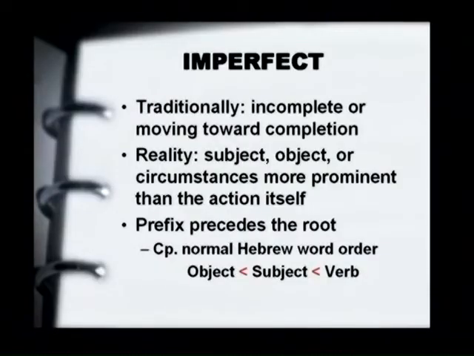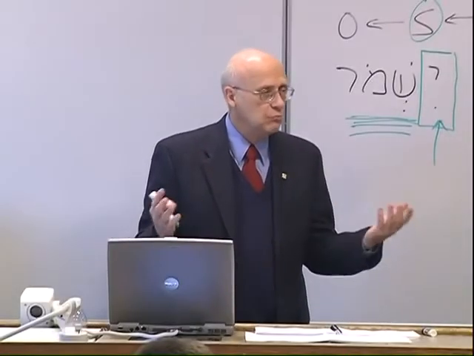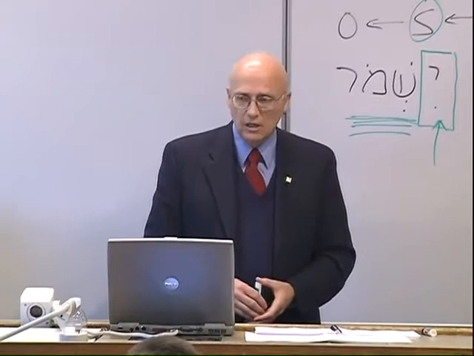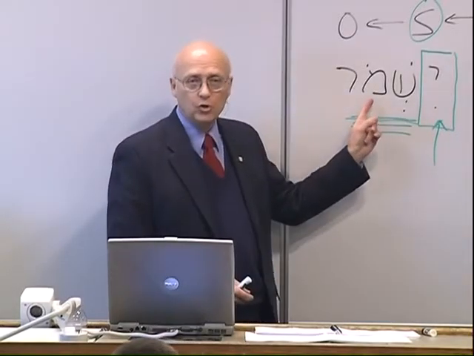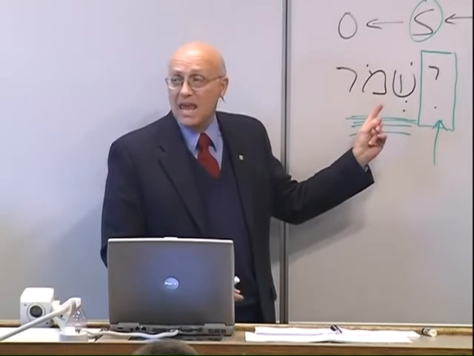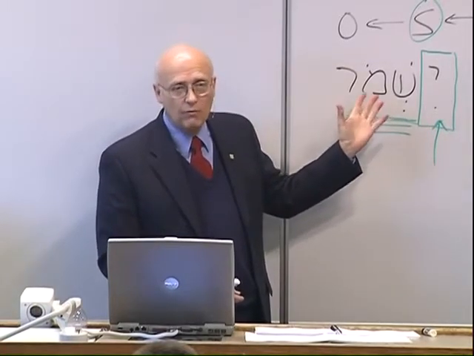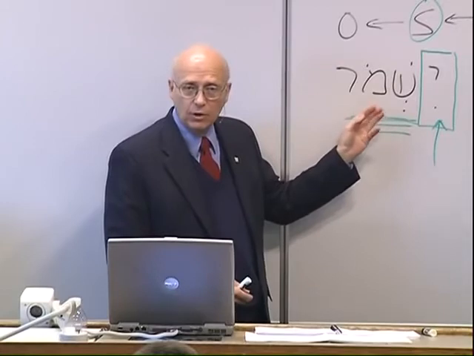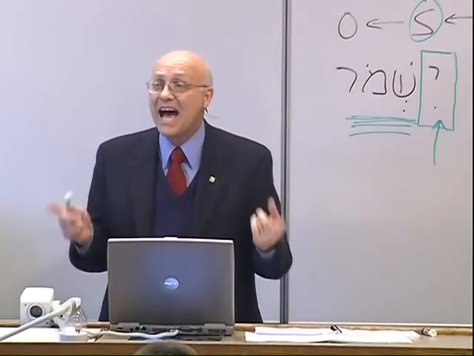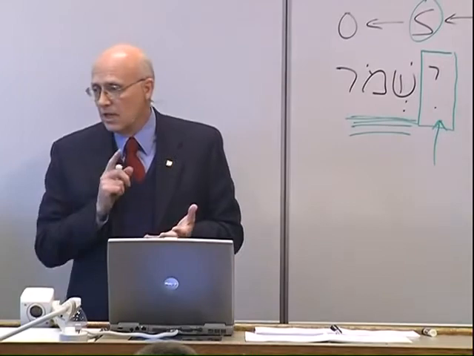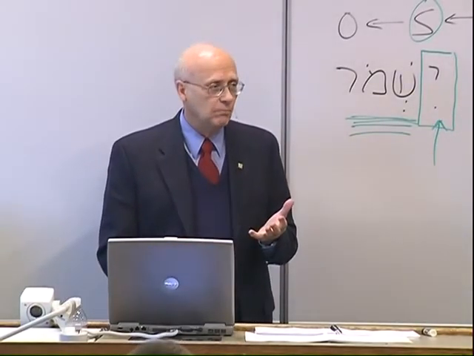And as we try to look at this verb, we find the imperfect has a wide range of usages. It's the most difficult verb to pin down for usage because it can also take upon itself various moods. For example, the subjunctive mood, what we call the jussive in Hebrew. He would keep, he should keep, he could keep, he may keep, he might keep. All of those can be involved in this verb meaning, and that's to be determined by context, not by form. The same as the tense is determined by context and not by form.